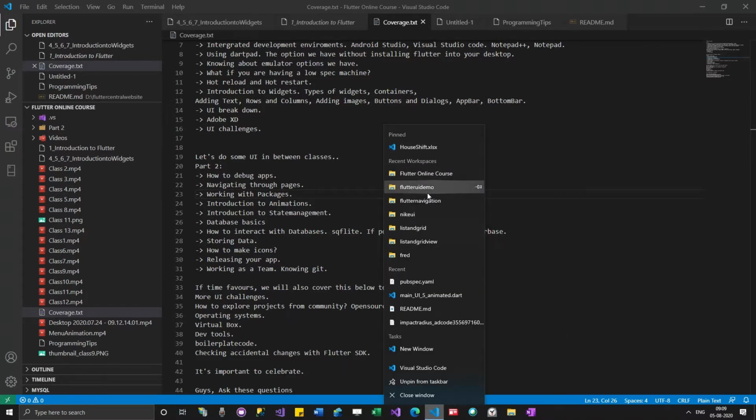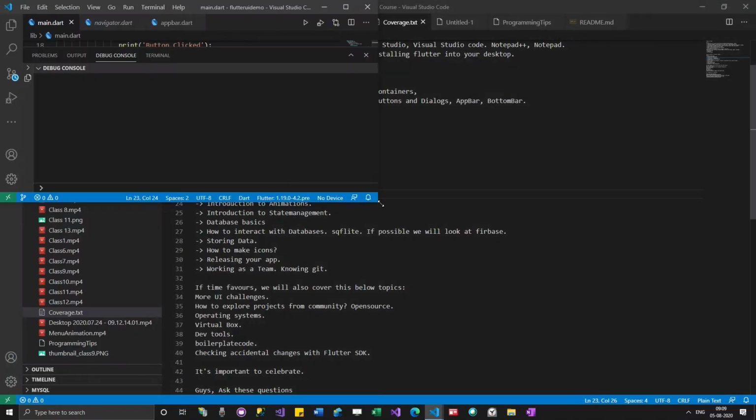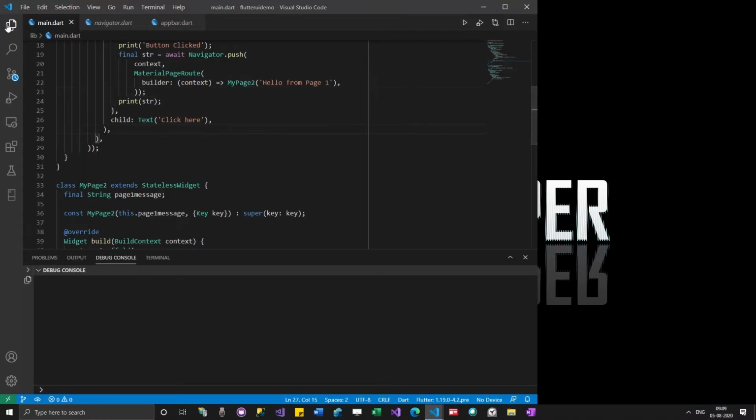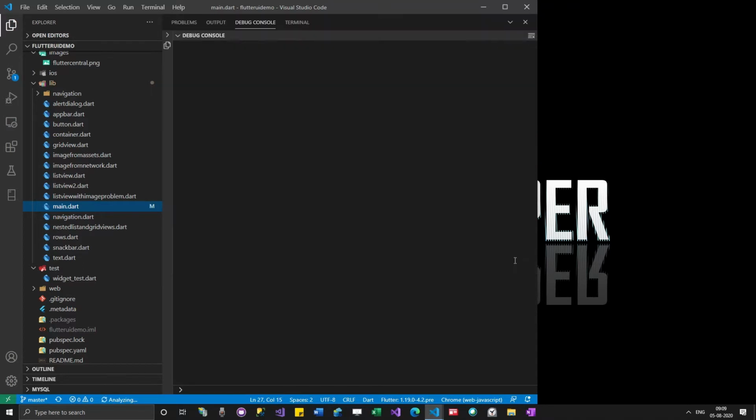If I take some example, let me take the Flutter UI demo. Yesterday we wrote this example, right?